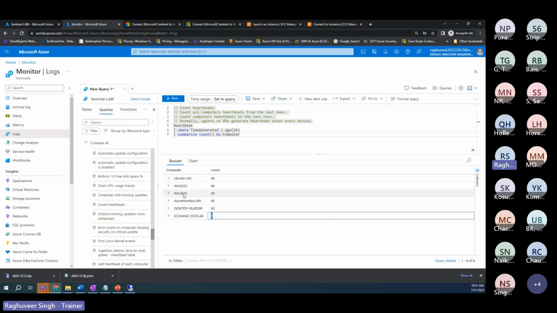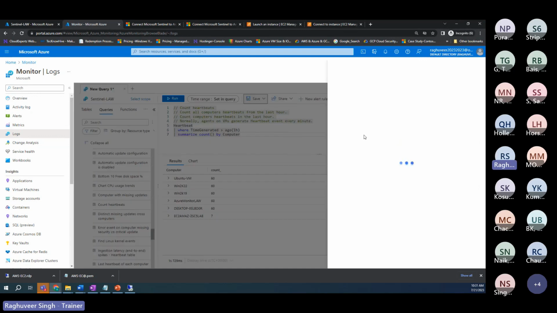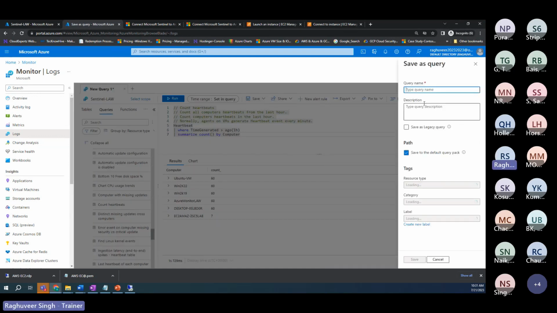You would like to save this query for future uses, but you don't want to search it again and again. So in that case, you can save this query. There is an option that says save as query, and you can save this query in the workspace itself. Type the query name, which you can type as heartbeat